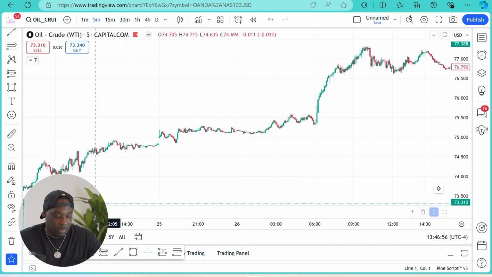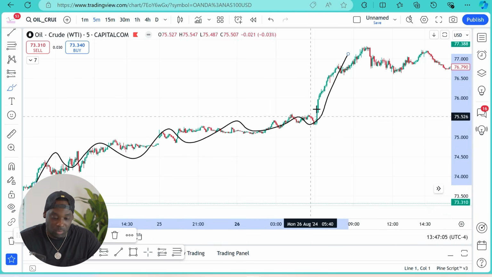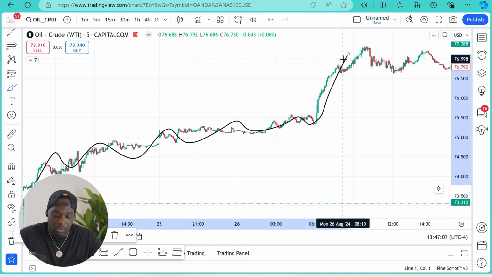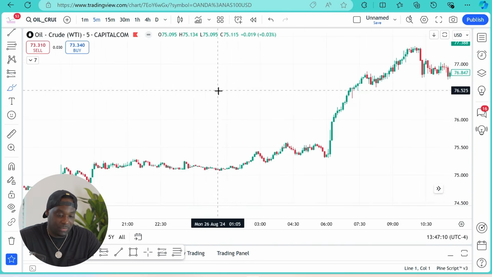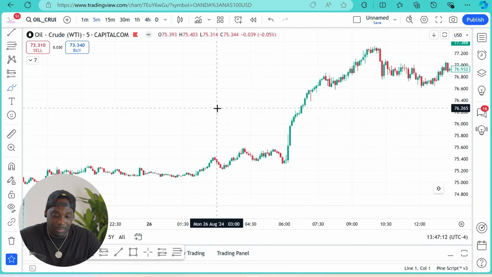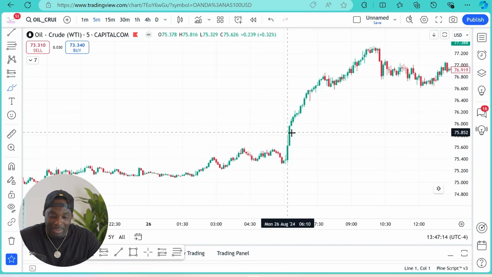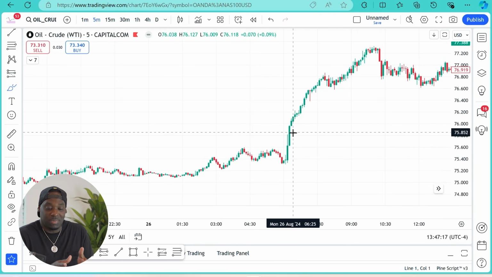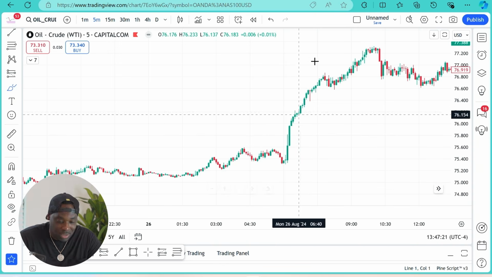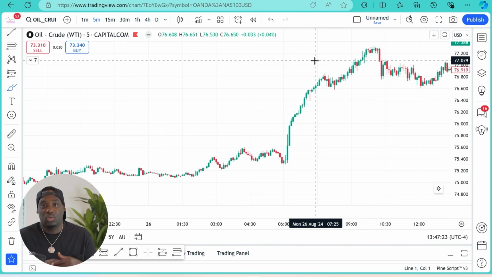All right, so here's a good example right here, right? The 5-minute chart, uptrend. And all of a sudden, we just spiked up like this, right? So if you look to the left, there's really nothing to the left, right? And the market didn't pull back to a key level. So guess what? I skip days like this, okay? It's okay to not trade every single day, guys. The market just shot up, didn't pull back to any key levels. Guess what? Tomorrow's another day. It is what it is. So let me show you guys another example.